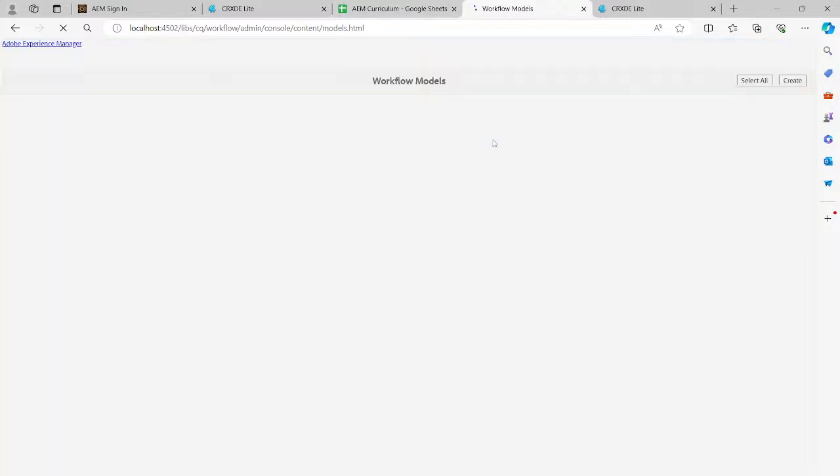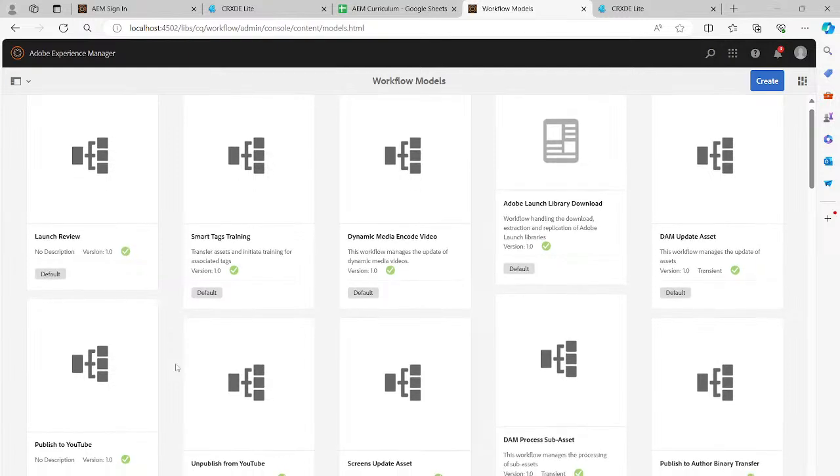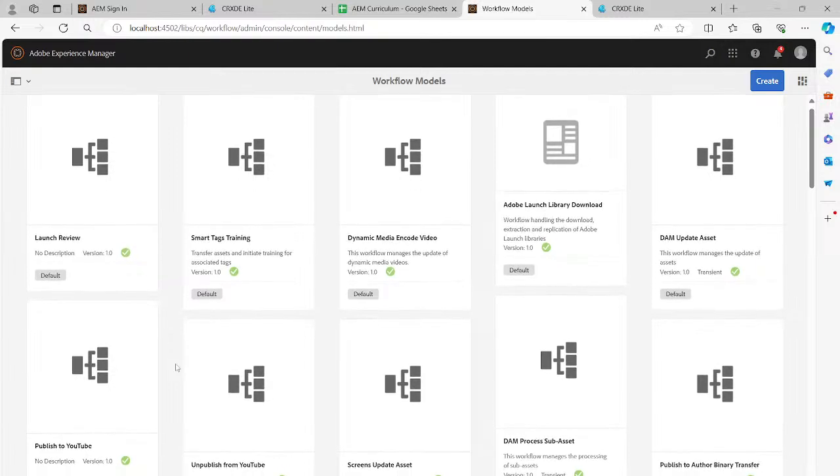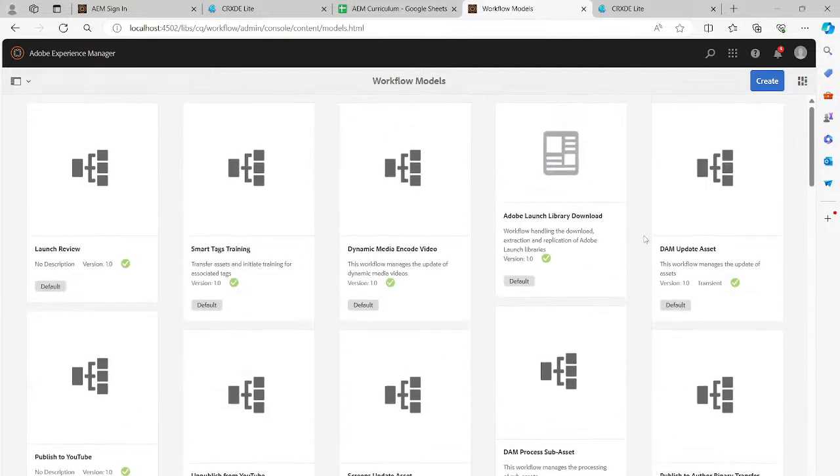For that I have clicked on the models. Here there are different types of workflows which are, I can say, out of the box, because everything was given by the Adobe people. And right now I want to create the task. For that, simply